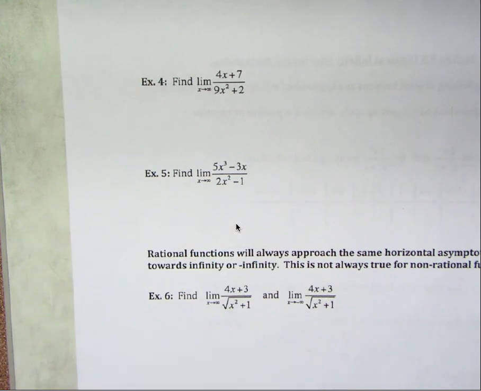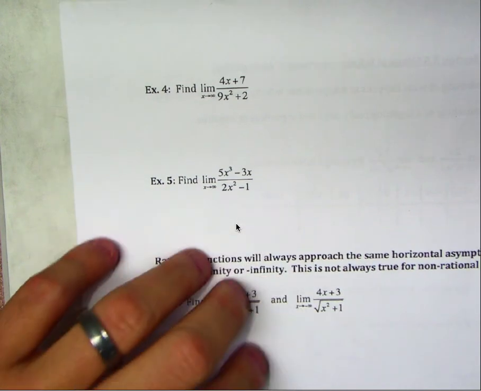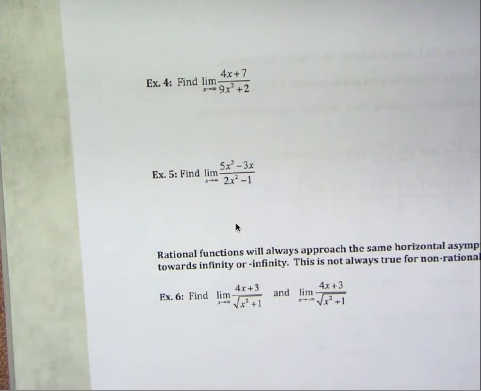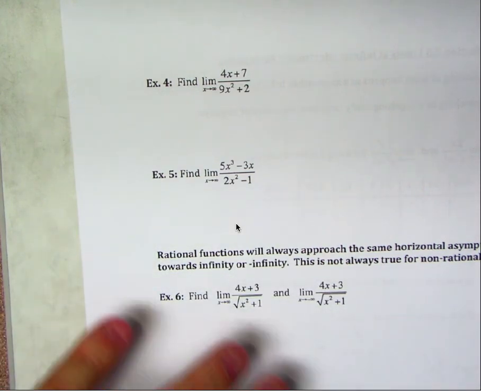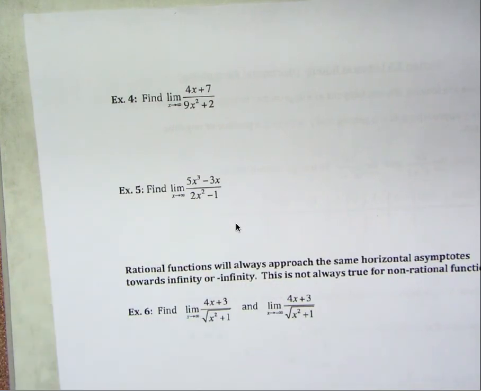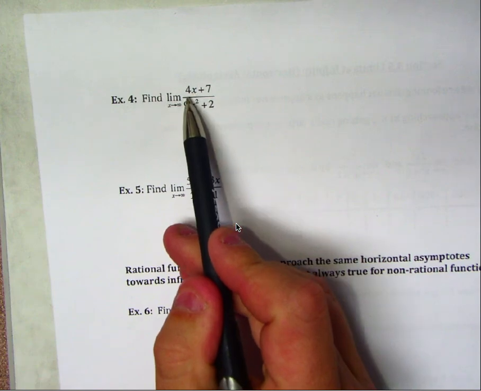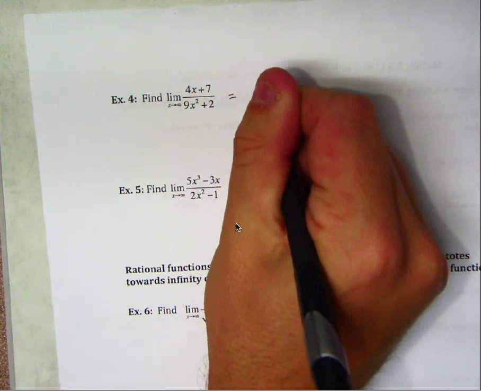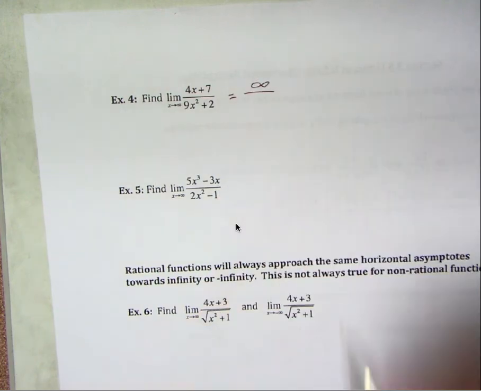So this one, the limit as x approaches infinity of 4x plus 7 over 9x squared plus 2. My first thought is, let's plug infinity into the top and the bottom. If I plug infinity into the top, I'm going to get 4 times infinity plus 7, otherwise known as infinity. And if I plug infinity into the bottom,